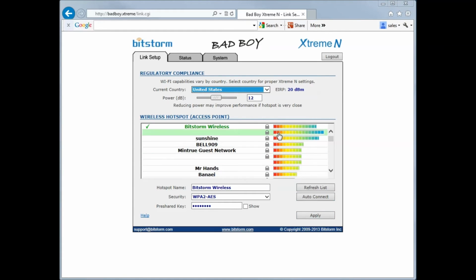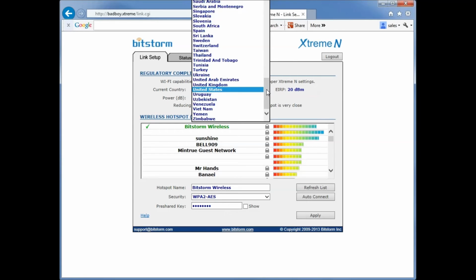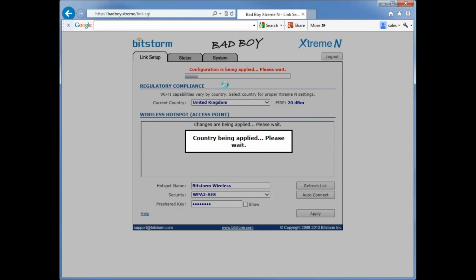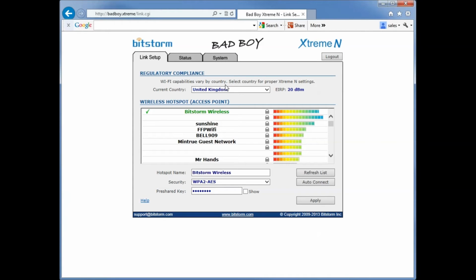As was already mentioned, it is always important to select the correct country that you're in. For example, if you happen to be traveling and visiting, let's say, the United Kingdom, the country will be applied, United Kingdom will become selected. The big benefit of doing this is that all of the features and capabilities for that country will then be enabled. For example, many countries in Europe use 13 channels as compared to the 11 channels that are used in